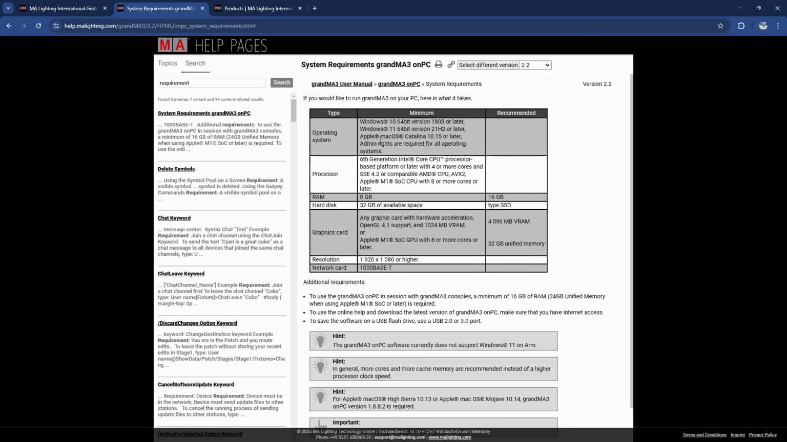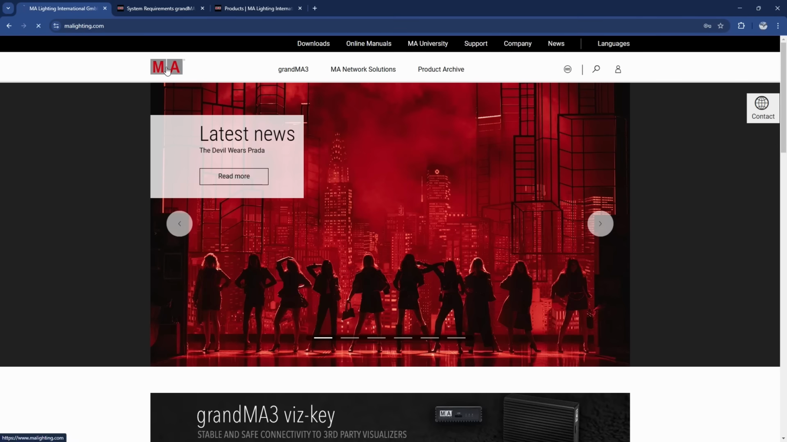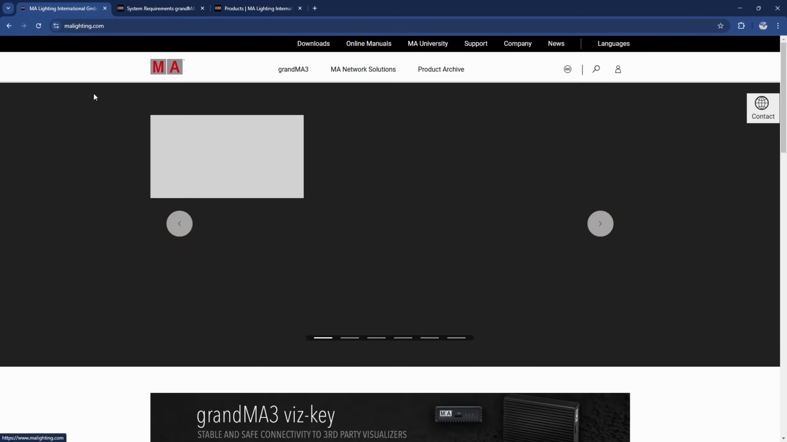The software for GrandMA3 is free. You can download it for Windows and you can download it for Mac. It has exactly the same functionality, so it's up to you and your preference what you want to use. To download the software, we head over to the main page of the MALighting website, and then